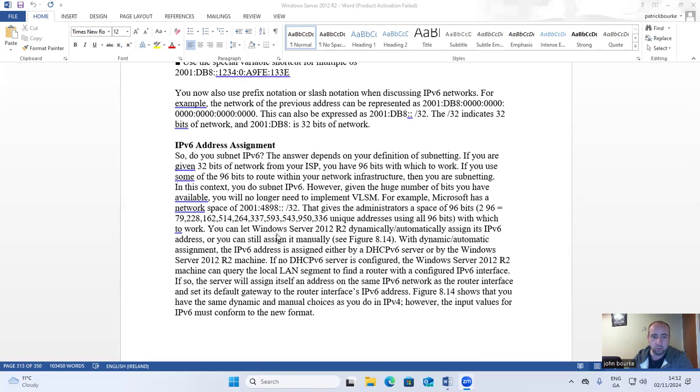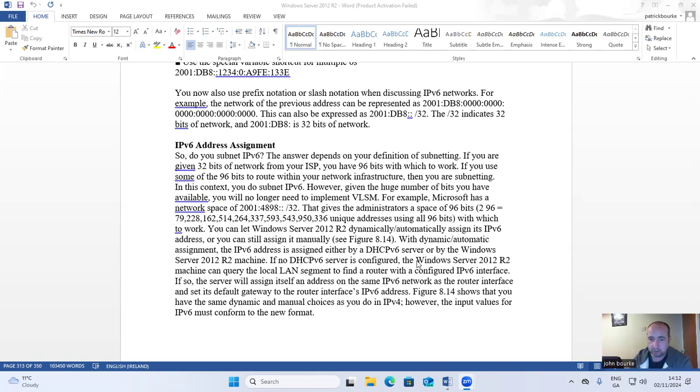You can let Windows Server 2012 R2 dynamically, automatically assign its IPv6 address, or you can still assign it manually. See Figure 8.14. With dynamic automatic assignment, the IPv6 address is assigned by either a DHCPv6 server or by the Server 2012 R2 machine. If no